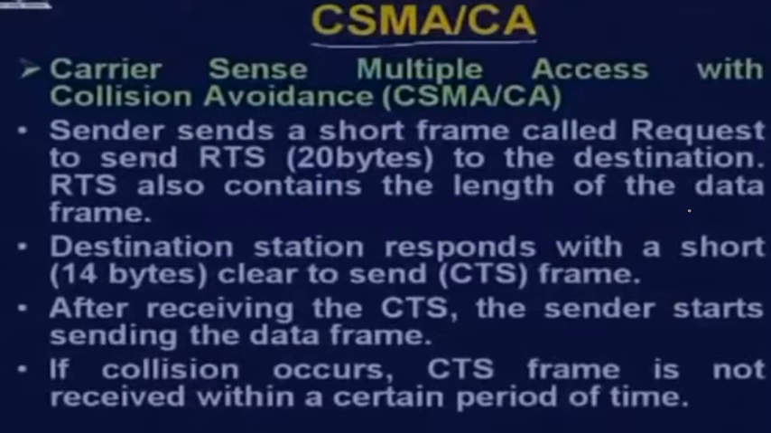So that is why every station is going to send two signals. One is called the request to send signal, that is the RTS signal, and another signal is called the clear to send signal, that is the CTS signal. That means, suppose any station wants to communicate with any other station, first of all,